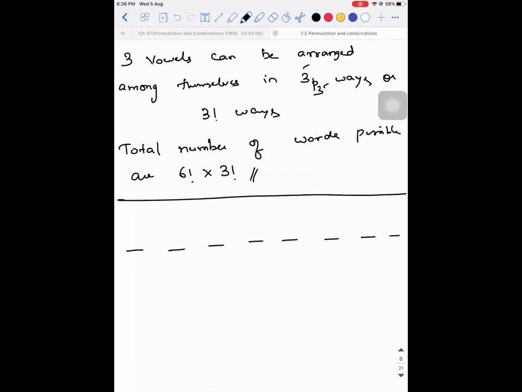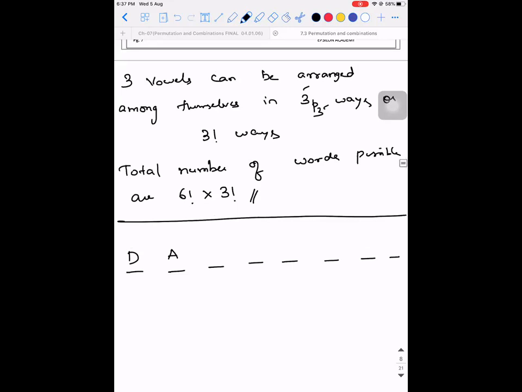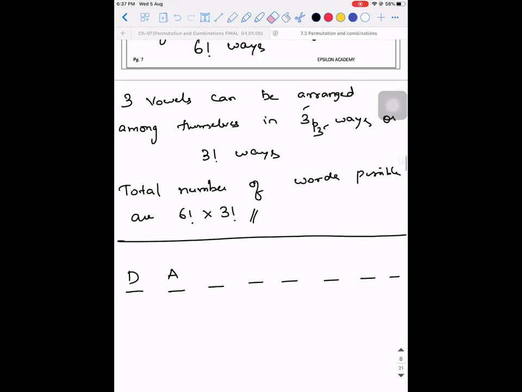So take all the consonants as one space. So you think logically, how will you arrange if I give you this responsibility? So you will take all the consonants and where will you put them? Let's say, for example, if I put D here, if I put A here, can I put U here? No, sir, I should not put. So I need to ensure that between two vowels there is one consonant always.